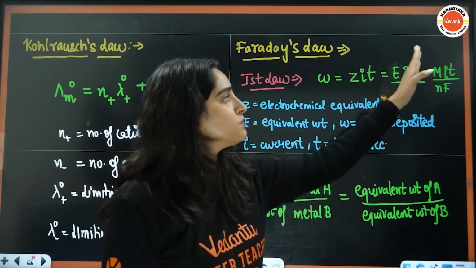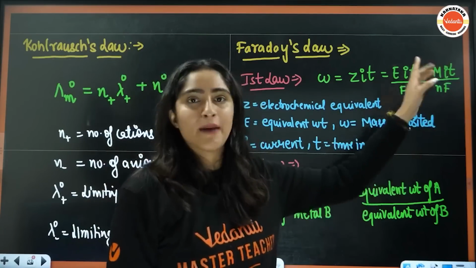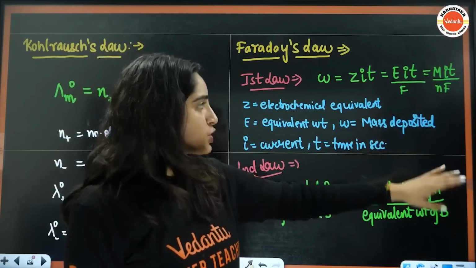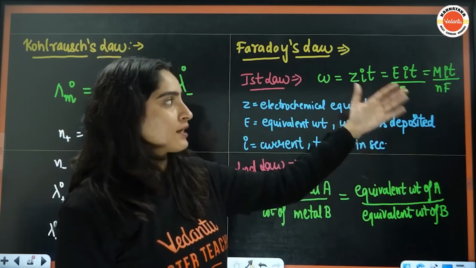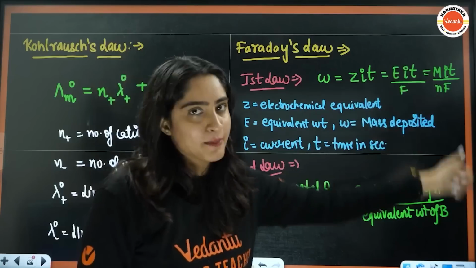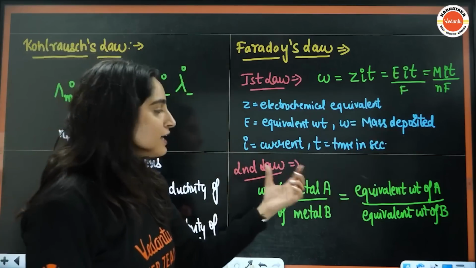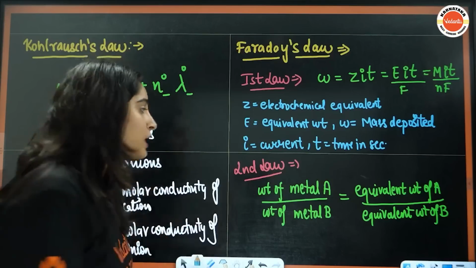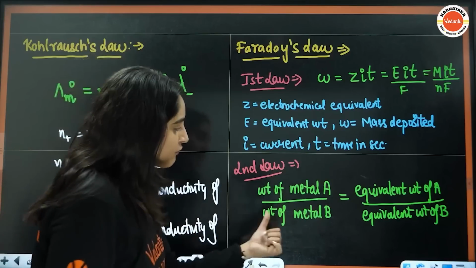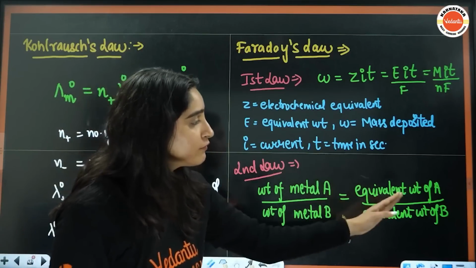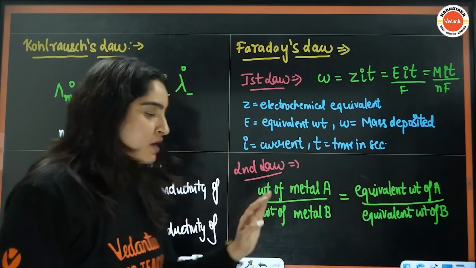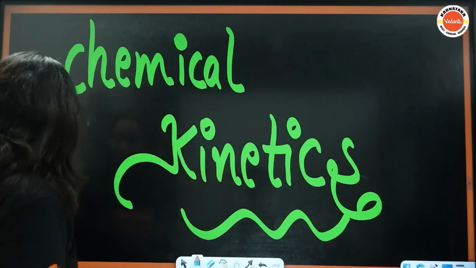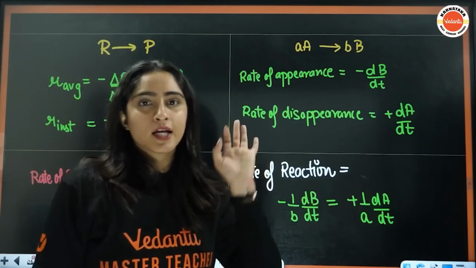So the formula becomes W = MIT/nF, where M is the molar mass, F is the Faraday, that is 96500, n is the number of electrons that are gained or lost, I is the current, and T is the time in seconds. Now the second law says that if we have so many cells connected in series, then weight of metal at A divided by weight of metal at B will be equal to equivalent weight at A divided by equivalent weight at B. Okay, so now next we have chemical kinetics,